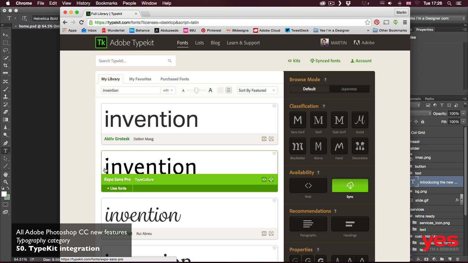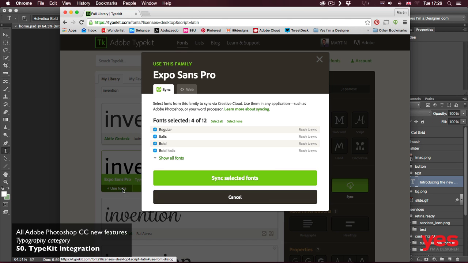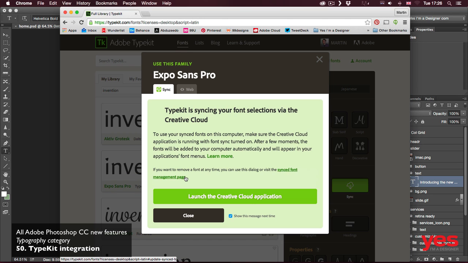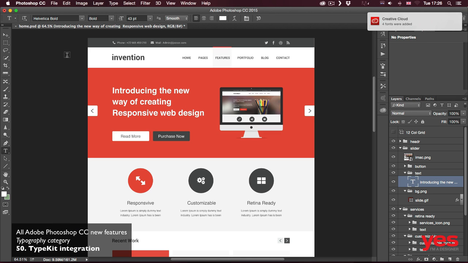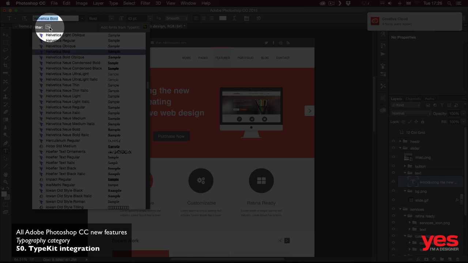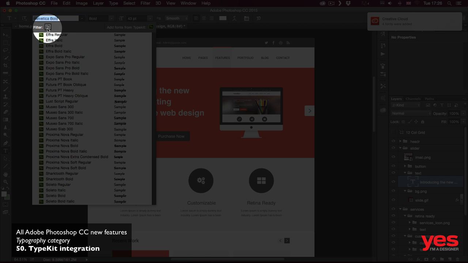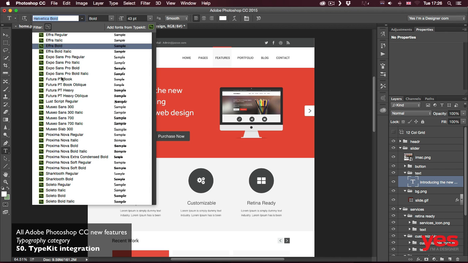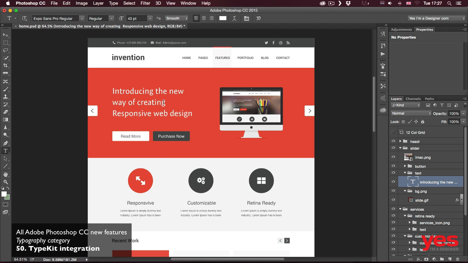Once you selected the font that you like, simply click on Use Fonts and sync selected fonts. Then go back to Photoshop and select Filter for Typekit, and then you will be able to find the fonts that you just downloaded. In our case, it's the Expo Sun Pro Regular, and you can see already I'm using